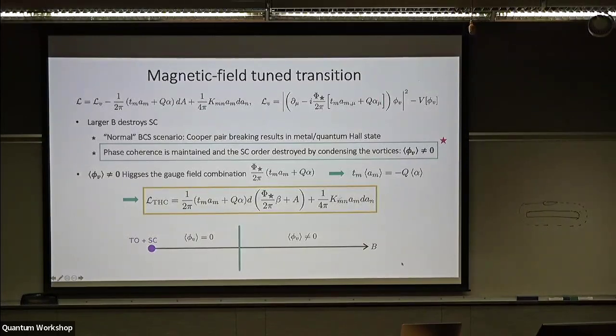Again, interesting other scenarios. Okay, so when phi is non-zero, what that's doing is it's Higgsing this combination. So it's essentially enforcing this condition here. And you can enforce that condition by adding a gauge field beta. In some cases, you can just integrate out beta, in which case